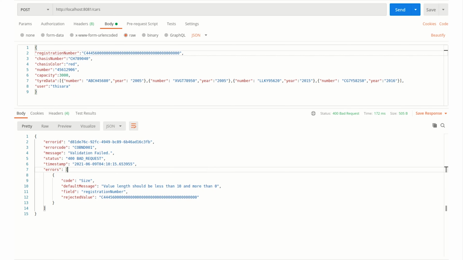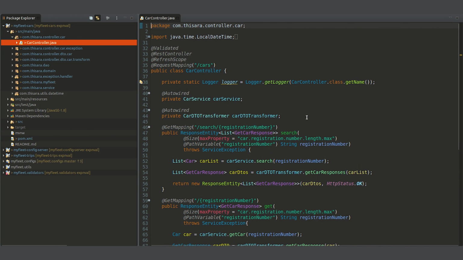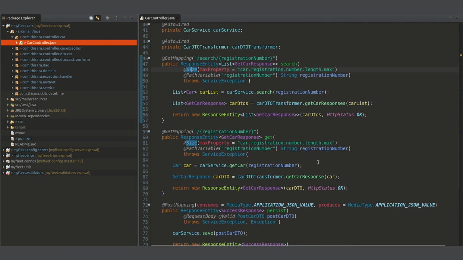Let us go and check out the coding related to this. I have the car controller here. As you can see, the max size of the registration number is validated, and as we talked during the presentation, the property key is given here. And on the search endpoint, I am accepting the registration number. The registration number I am validating should have a particular max property. The max property is fetched from the property as we discussed during the presentation, and it will be validating the size of the registration number, and get registration number also has the same